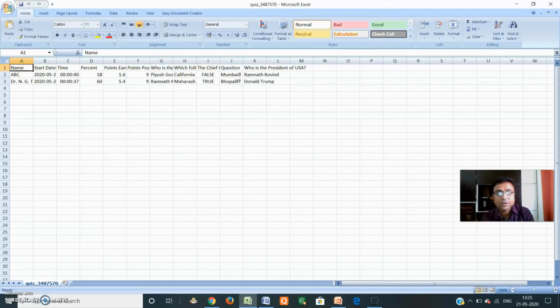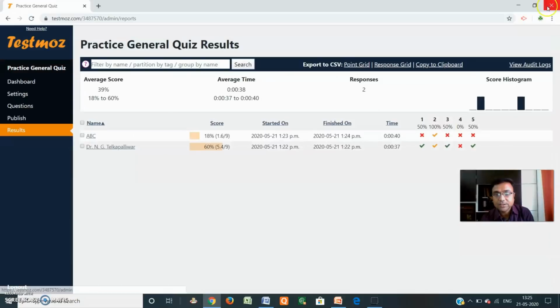So in this way we can generate the feedback and result analysis. There is also the copy to clipboard and response grid option. So in this way we generate the feedback data here. This is very important for classroom activity and to generate feedback from the students. So kindly note that only 50 questions can be added in this test mode, and 100 students can participate, here only 2. You just have to provide this link and passcode to the students through WhatsApp or Google Classroom. Thank you very much.